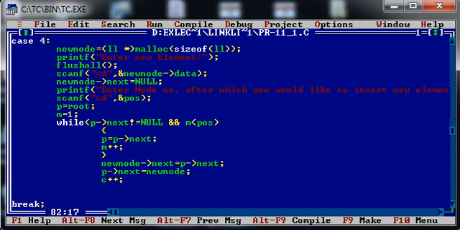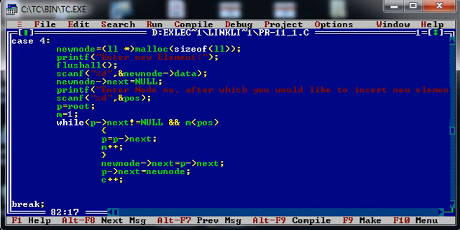The first condition is that we need to always check whether we reached the specified position or not, and at the same time we need to consider that we are not at the last node of the linked list. Those two conditions we need to consider. That is why I have written two conditions in my while loop. Both of these conditions will take care that I am not at the last node as well as not past the specified position.